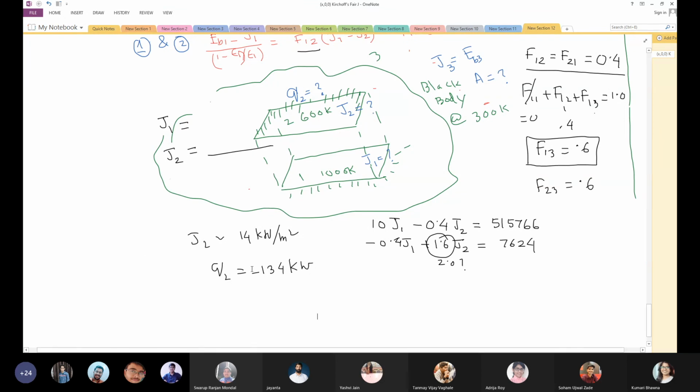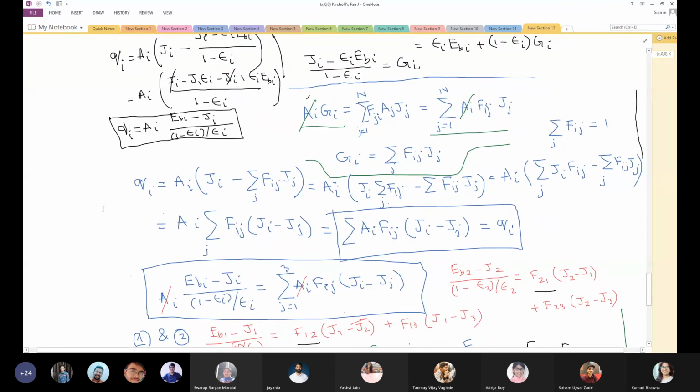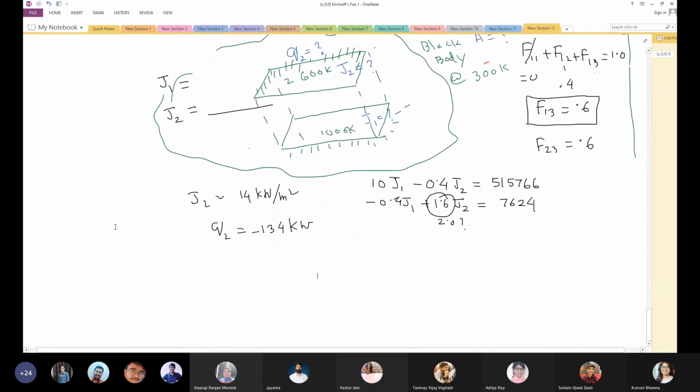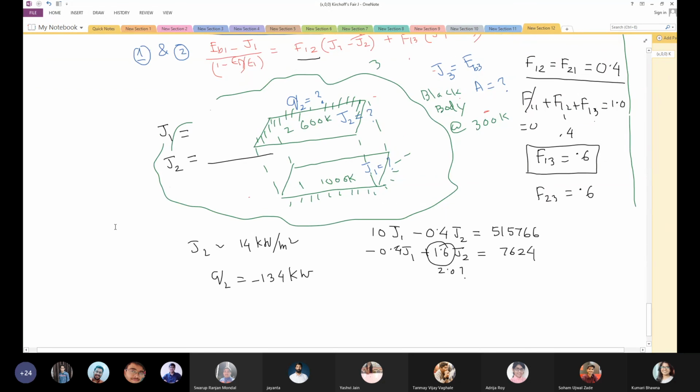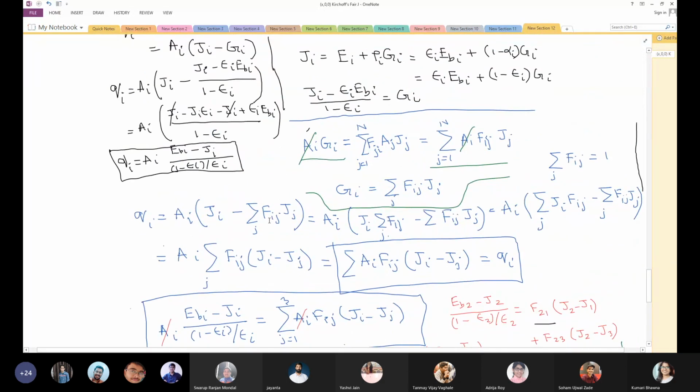Anyway, the only thing is that we have to be careful that once you get J2, make sure you put it in the correct expression. Don't just multiply with 10, or the area, and say this is it. Don't do that. It's possible to fall into the trap. Otherwise, it is straightforward. I'm getting a lot of people reporting 67. 67 is half of this. It's coming 67. The epsilon values are taken correctly.